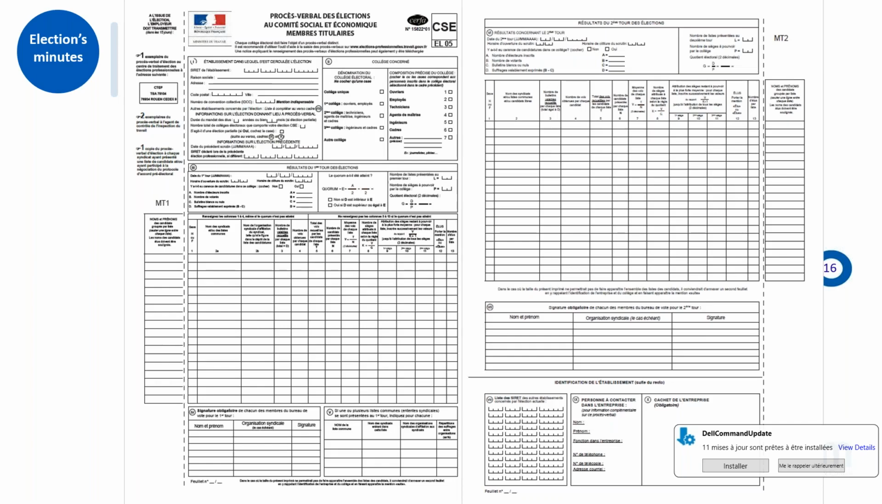So this is just a quick view of the elections minutes that the election office will need to fill once the election is done. So after the first round and after the second round. And even if, for instance, there is a failure to achieve results, you'll still have to complete